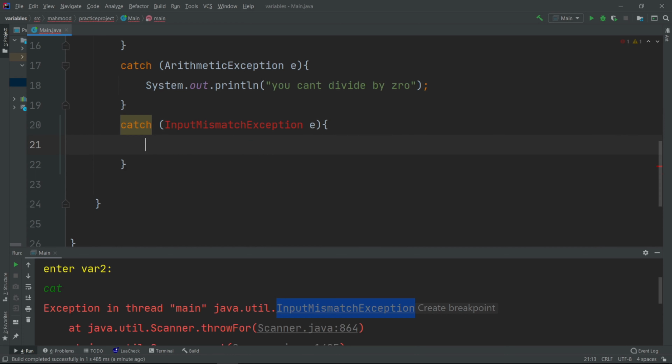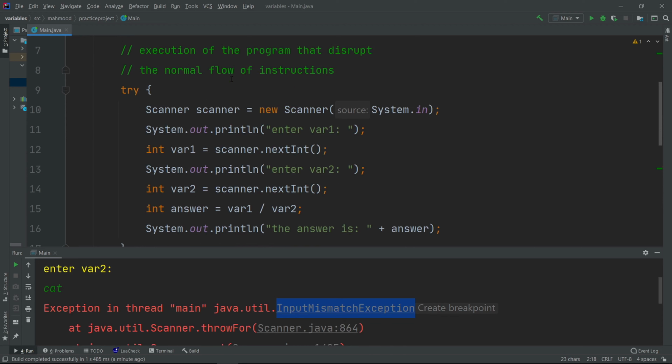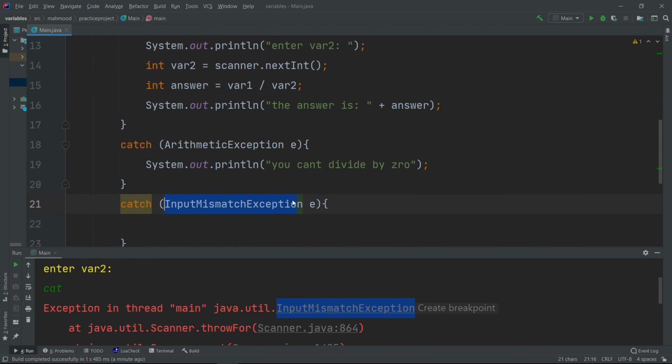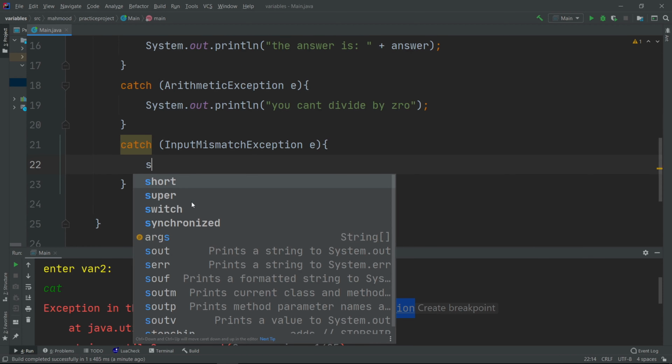Okay, and we need to import the class. Cannot resolve symbol, you need to import the java.util InputMismatchException class to use this method. Okay, you need to do that, and then we can just